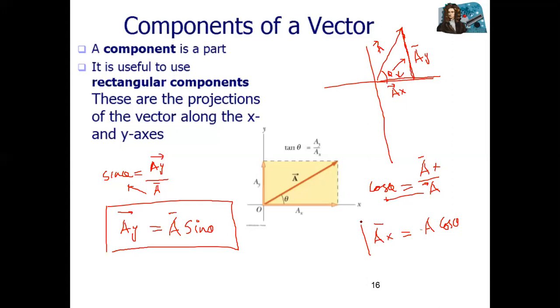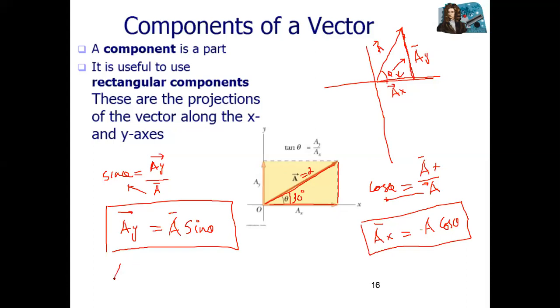So listen, let's suppose this vector is given, and the vector length is 2 units, meaning meter, centimeter, anyway. The angle is also given. This angle is, let's suppose, 30 degrees. So how can you find the vertical component and the horizontal component, where vector A and angle theta are given?